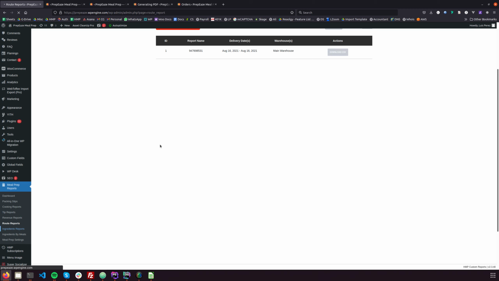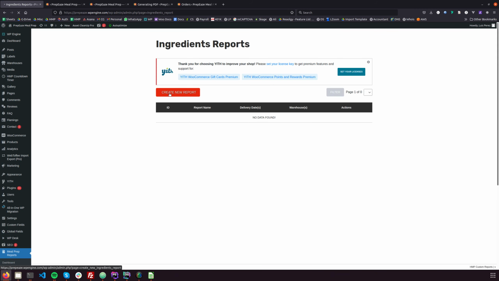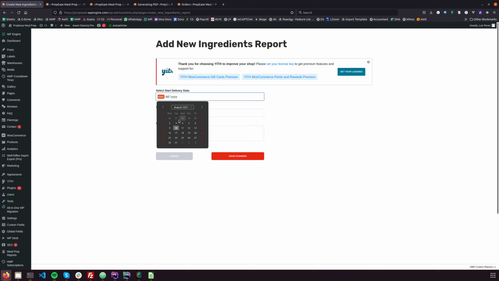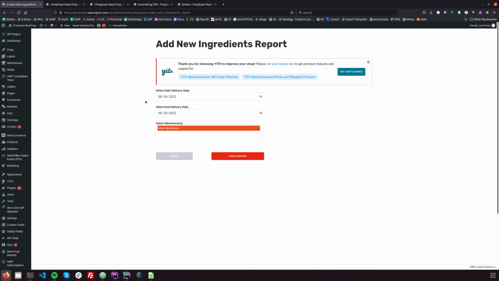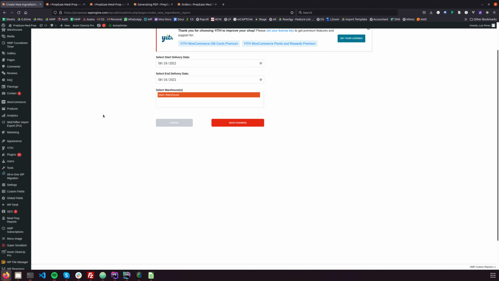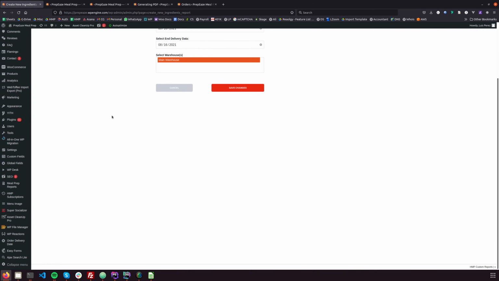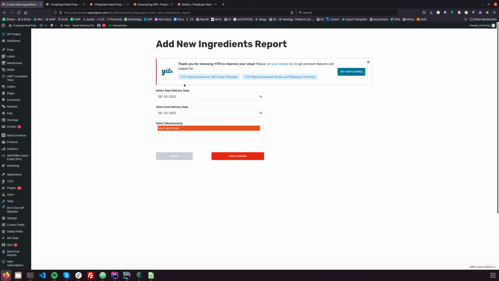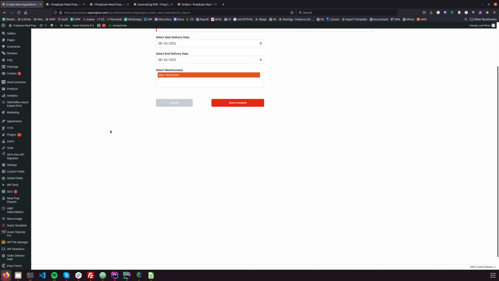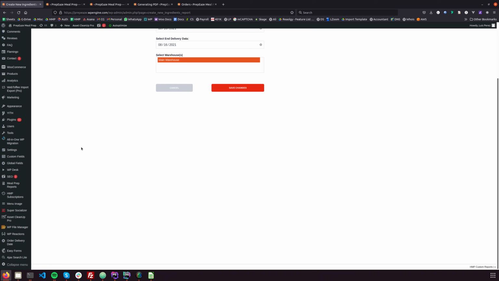Up next, we have ingredients reports. So this is utilized to break out all of the ingredients that you need to do the cooking. Now, this will only work if your imports have all the information. So we don't have any information for ingredients right now for the meals that were purchased. That's why it won't show it. But when you upload and you say, hey, this meal has X amount of chicken, X amount of rice, X amount of anything, you'll break it out in the imports, and then it will be added and aggregated here on the reports for the ingredients,